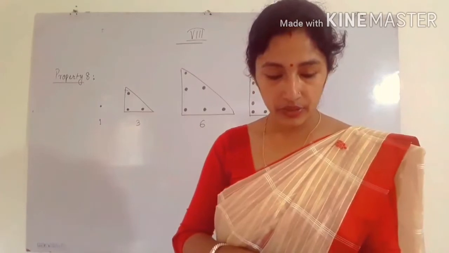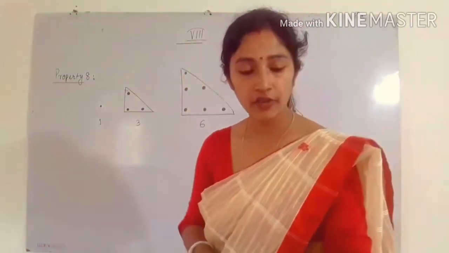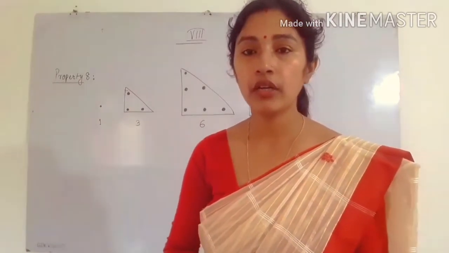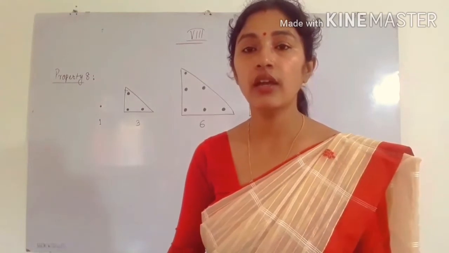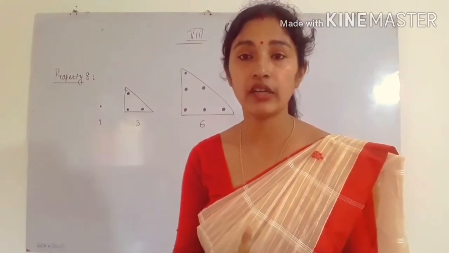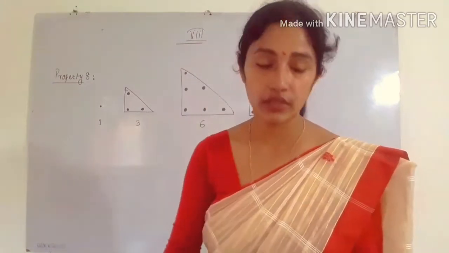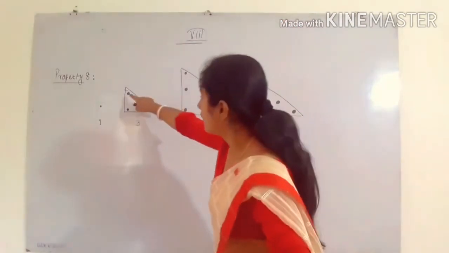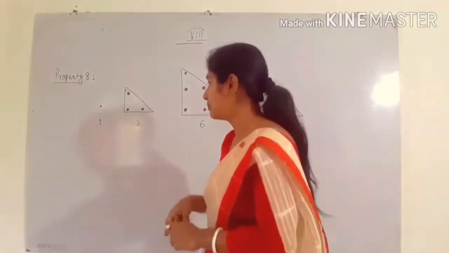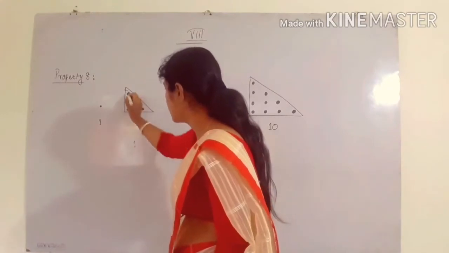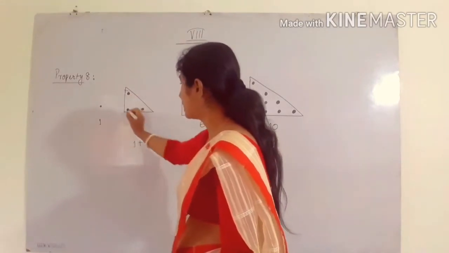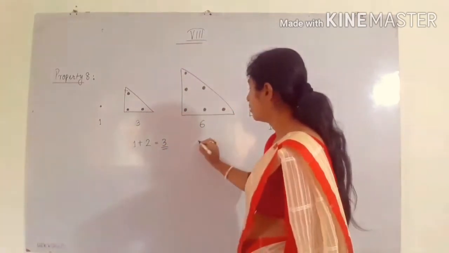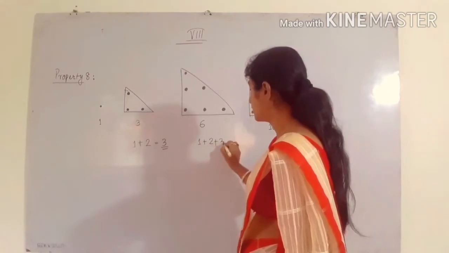Okay, triangular numbers. So see, in the book it is written after property 8: 1 equals 1, term number 1. What is the meaning of term number? Here only one number is there. That's why it is only one term. Similarly, next, 1 plus 2 is equal to 3. 1 plus 2 means here it is 1, then here it is 1, 2. That means 2. So how will we write? 1 for this plus 2 for the next line. That means next 2 dots. So this is equal to what? 3. Similarly, here 1 plus 2 plus 3 is equal to what?